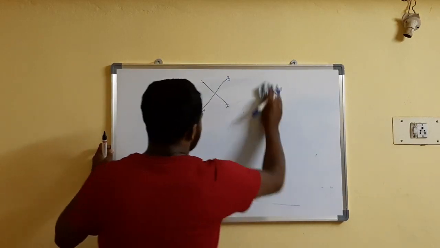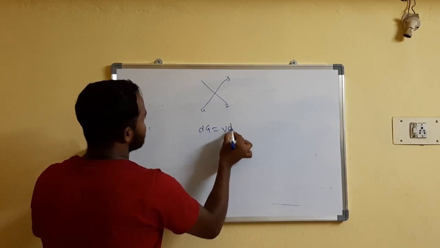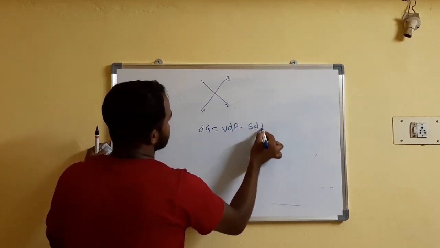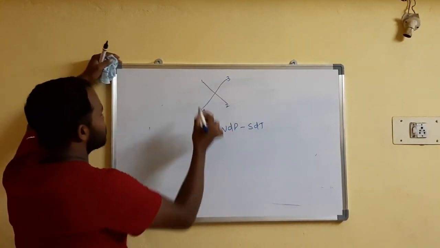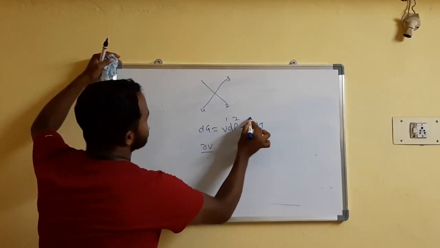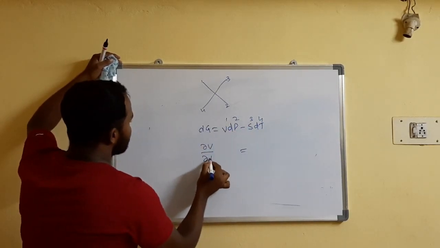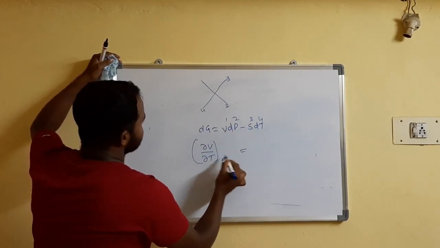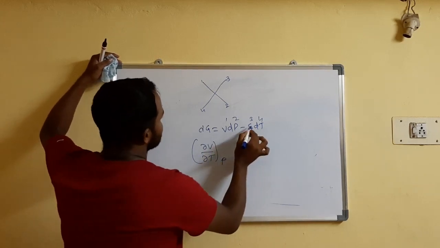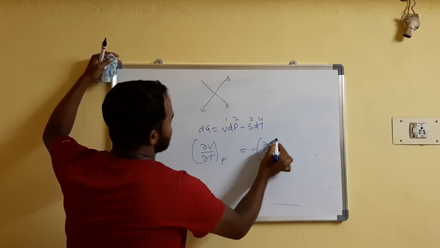Second, if you write dG is equal to VdP minus SdT, then according to my formula, friends, V is first, ∂V by, so the fourth term is 1 2 3 4, right? Is equal to, you need to keep, so ∂V by what? ∂T at what? The remaining is P. Then put the minus symbol as it is. So the third term is what? ∂S by, and the second term is what? ∂P. The remaining is what? T.